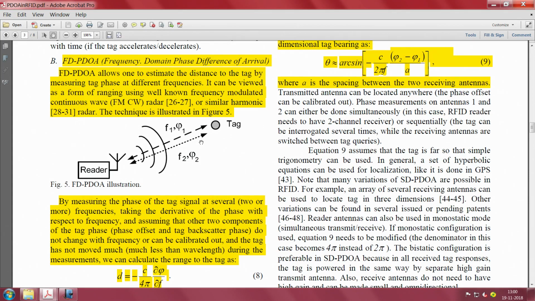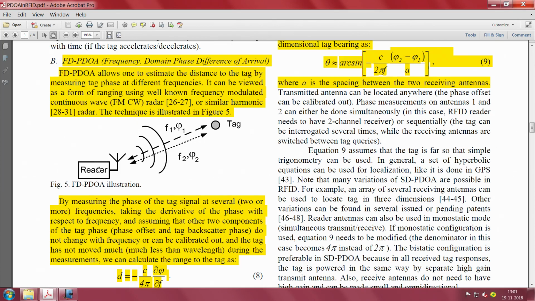Now, let us look at FD PDOA, which is essentially the frequency domain phase difference of arrival. Any time you read such paragraphs, you have to keep imagining what are the assumptions under which such a measurement is done. This is absolutely critical in such a course. What are the underlying assumptions? Look back at TD PDOA, look at the assumptions that it has made. Now, let us see what is the assumption here and how you do a measurement.